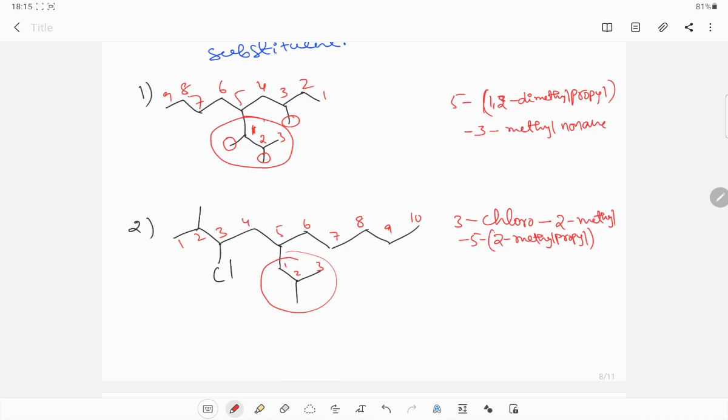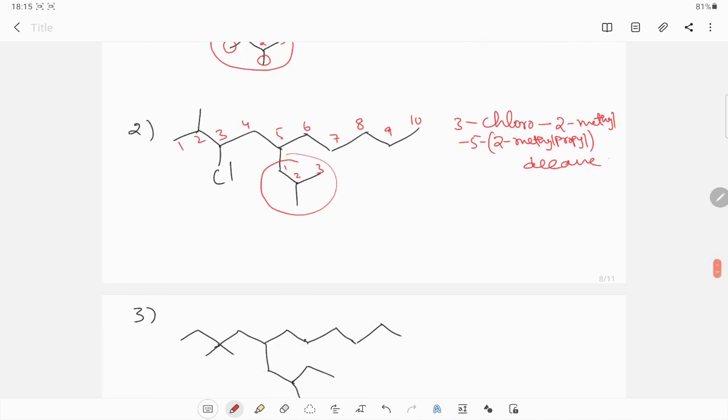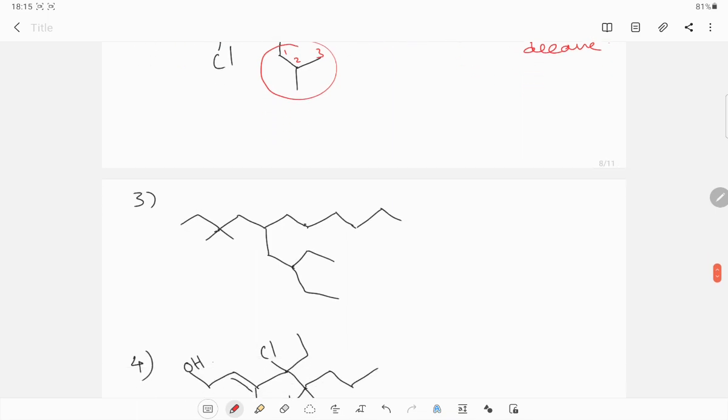2-methyl propyl, name is decane. This is the name of that compound. Now here the complex substituent is there, and it is methyl groups. Now 1, 2, 3, 4, 5, 6, 7, 8, 9, 10, 11. So what is the root word? Undec. Primary suffix is what? Undecane. 3,3-dimethyl undecane. And next, the first carbon is the directly attached carbon, 1, 2, 3,